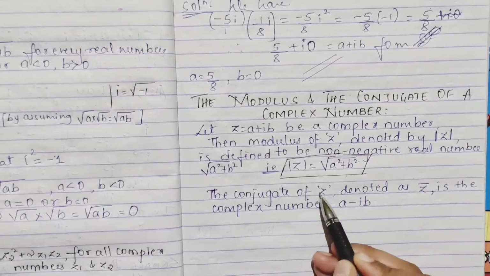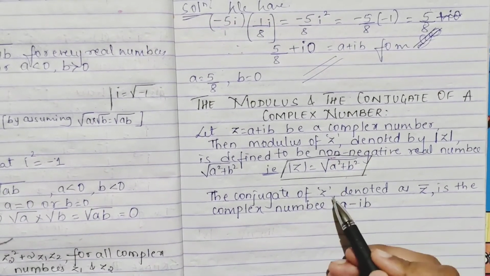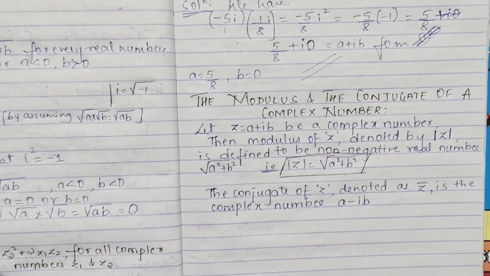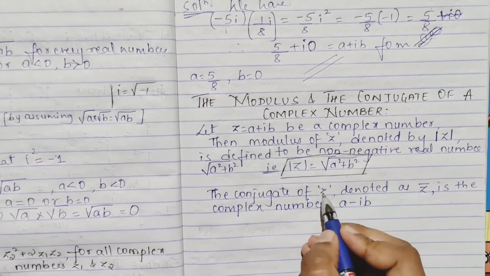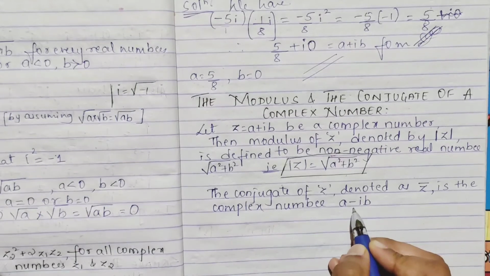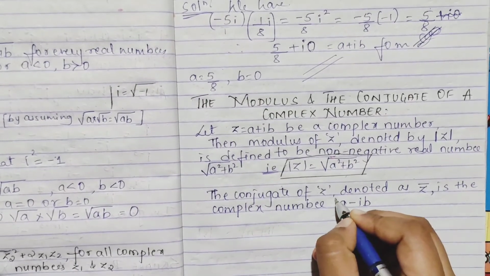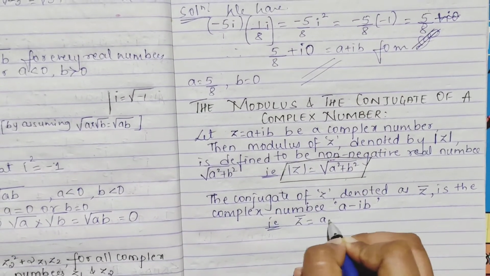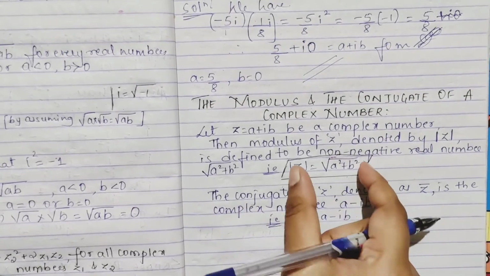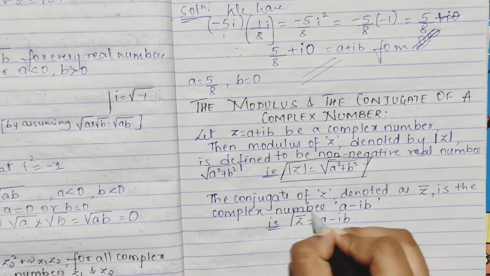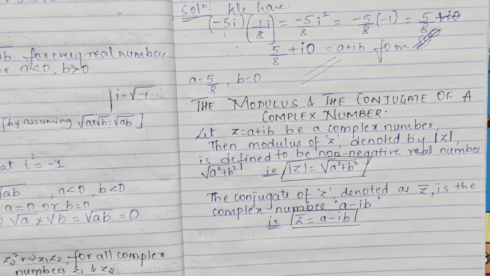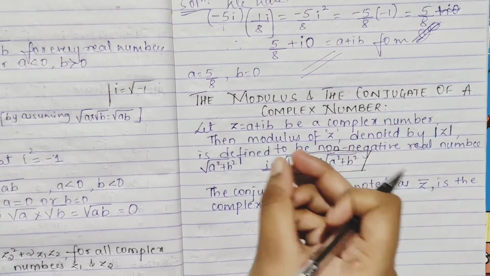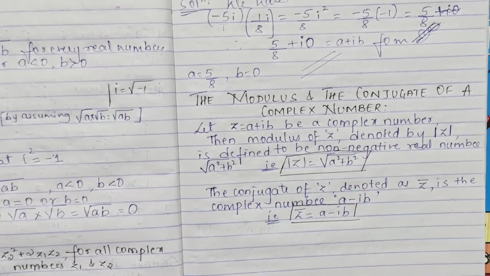Now you have the conjugate. Conjugate of your complex number z is denoted as z bar. Conjugate means opposite, right? This is positive, a plus ib is the complex number. Z bar is what? A minus ib. That is your z bar, which is equal to a minus ib. Your modulus is mod z, root of a square plus b square, and your conjugate is z bar, which is equal to a minus ib. We consider only your real part a and your imaginary part b, and its square, like this it will be.